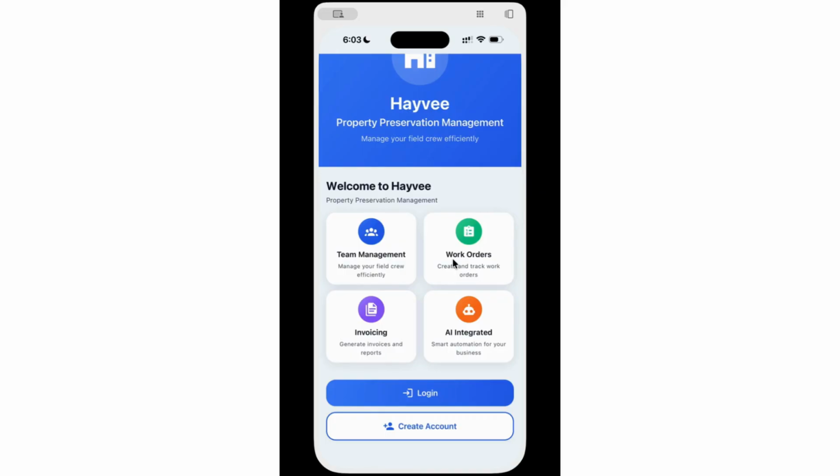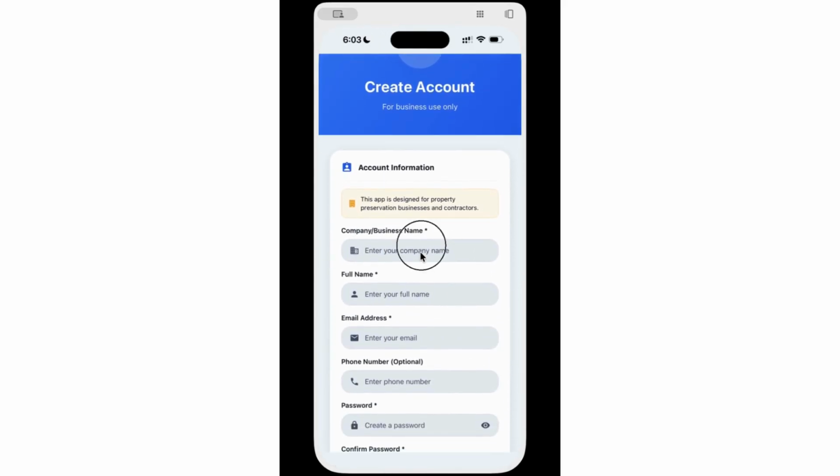As this tutorial is for admins and managers, basically the owner of the company who will set up the company profile here, you can simply click on create account and it will ask you a few questions. Basically, what's your company name? You can simply put your company name, your first name, your email address,